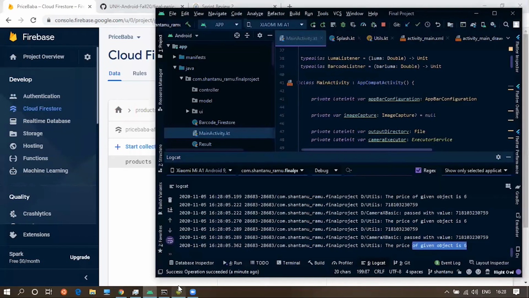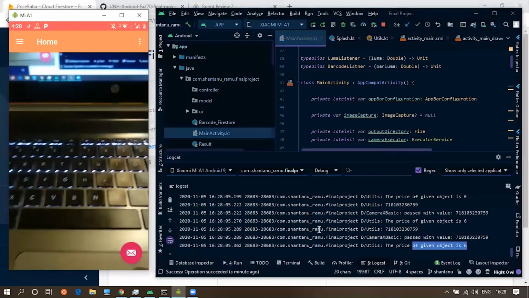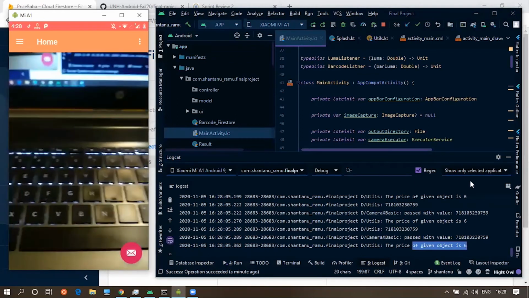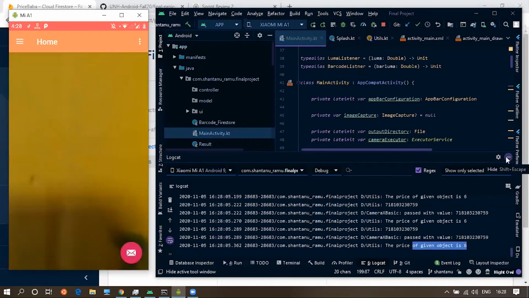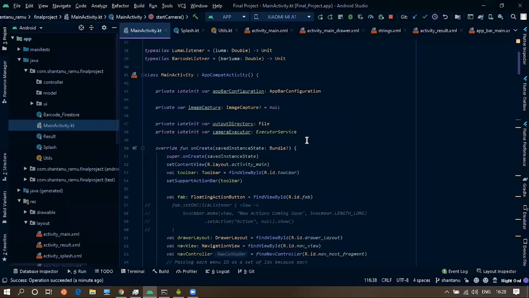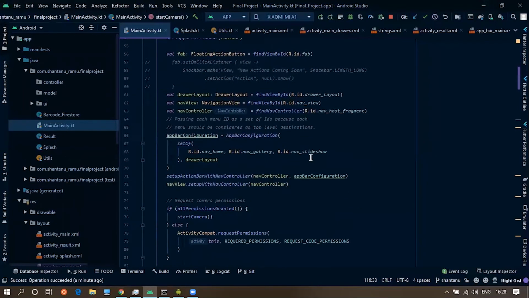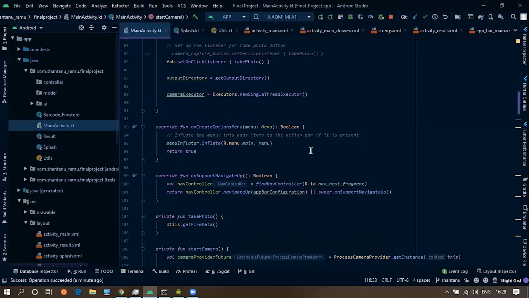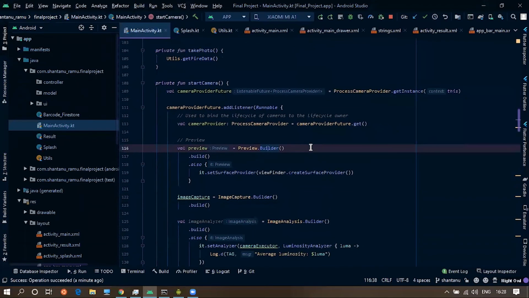Okay, now let's dive into the code of how this works. First of all, in the main activity, we have created a camera function in order to start the camera activity, in which we are using a preview builder so that it gets embedded onto the main activity screen.